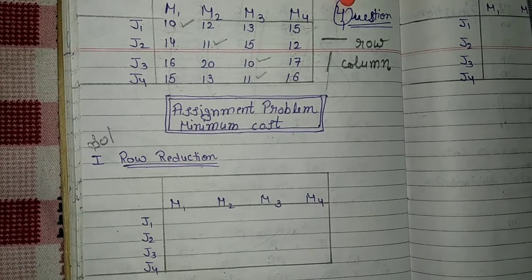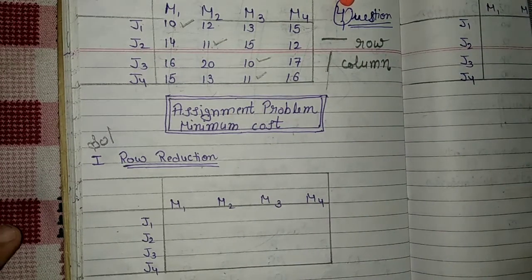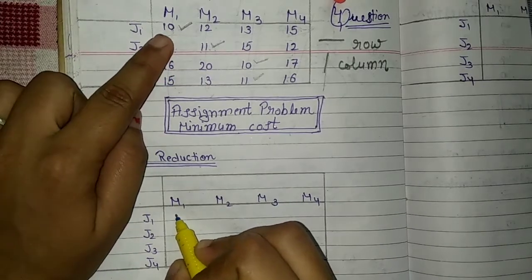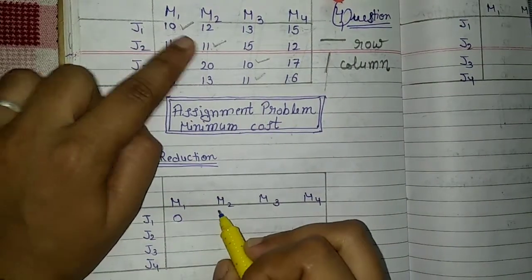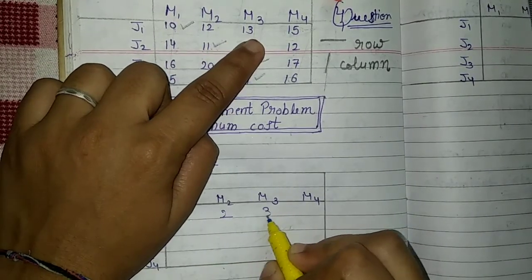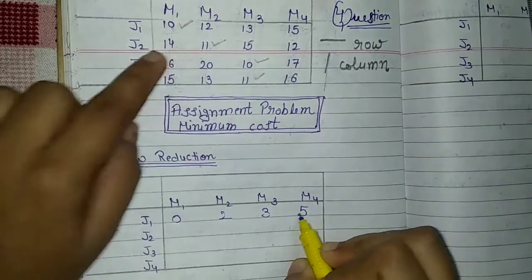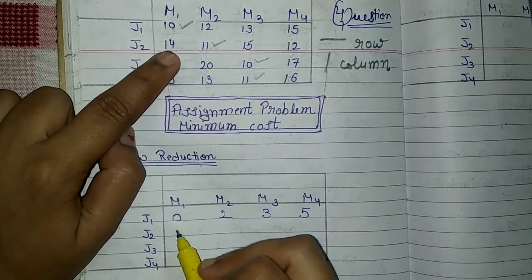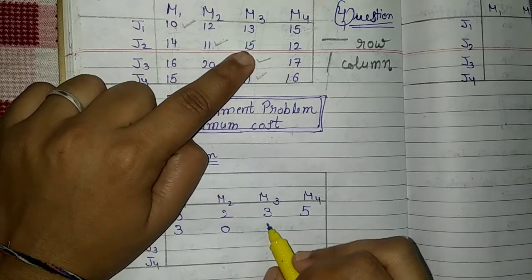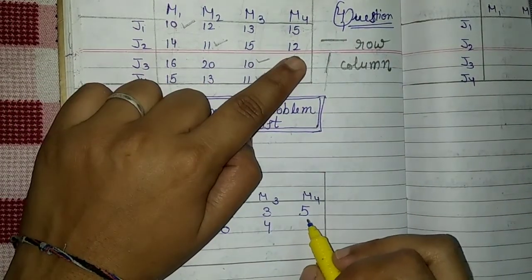In first, 10 minus 10, 0. 12 minus 10, 2. 13 minus 10, 3. 15 minus 10, 5. Here 14 minus 11, 3, 11 minus 11, 0, 15 minus 11, 4, 12 minus 11